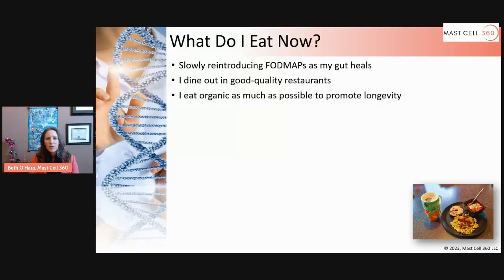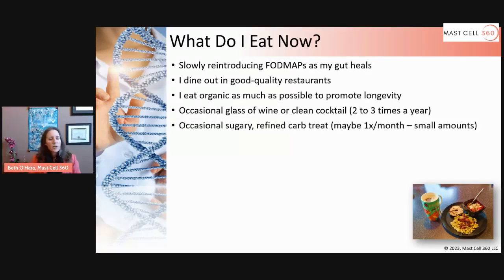I eat organic as much as possible for longevity. I can have a glass of wine or a clean cocktail. I only do that a couple times a year, maybe 3 times a year. And I occasionally have a treat, maybe once a month, something with some sugar in it. Not all the time, but